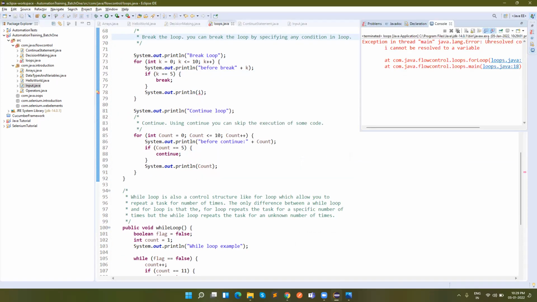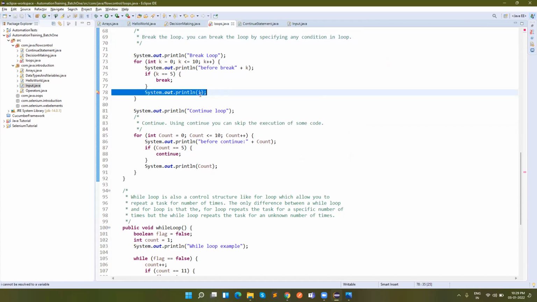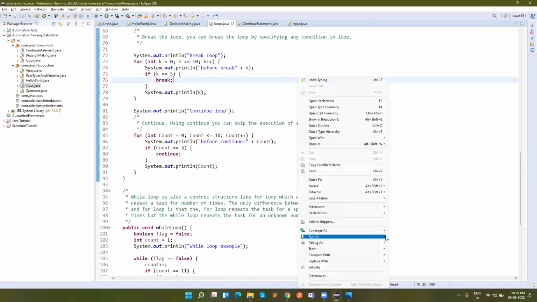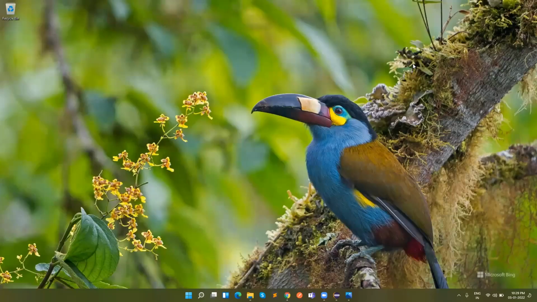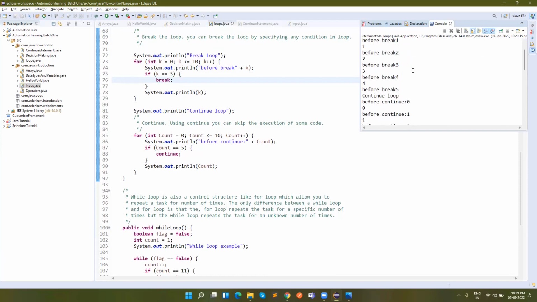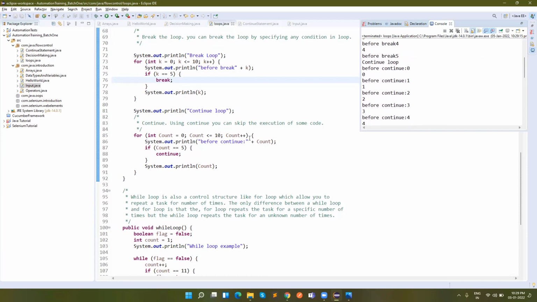What's the error? So here you will see that before continue, it is printing count: the current value is 0, 0, 1, 2, 3, 4, and again the count value is printed, right?